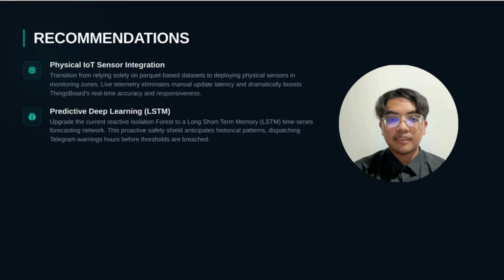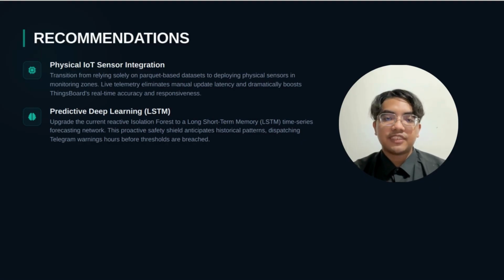This project can be further expanded by using live sensors instead of a parquet database. By doing so, data latency will be eliminated and true real-time situational awareness will be provided to the ThingsBoard dashboard. Furthermore, the current reactive anomaly detector should be replaced by a predictive LSTM deep learning model, shifting the focus from identifying past errors to forecasting future time series trends. Proactive Telegram alerts can be dispatched to warn users of impending utility overload or pollution spikes hours before a threshold